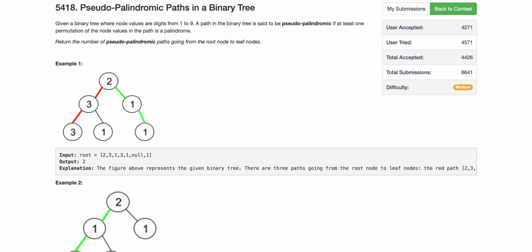Hello guys, today I'm going to explain how we can solve this problem, pseudo-palindromic paths in a binary tree. This is from Leetcode's weekly challenge. The problem statement says that we are given a binary tree where each node contains a digit from 1 to 9, and we need to find such paths from root to any leaf where the nodes can